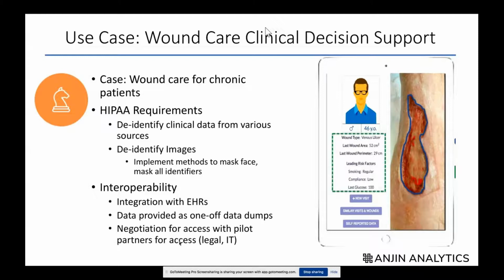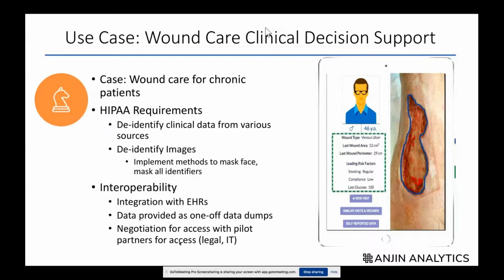And on the interoperability piece, connecting into EHRs was a big piece of this. A lot of the data we were initially provided were one-off data dumps, so there was no real interoperability, just our partners sharing data files. And then the last piece, and I think one of the critical parts of interoperability,